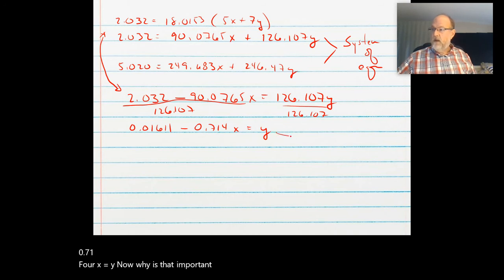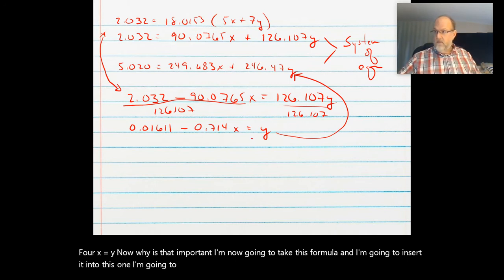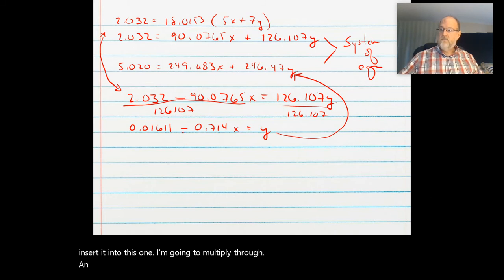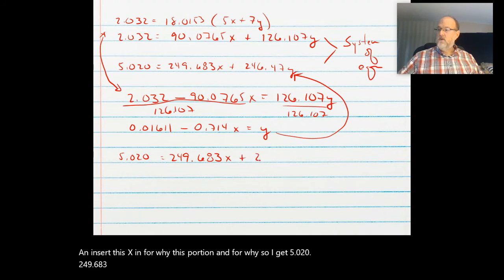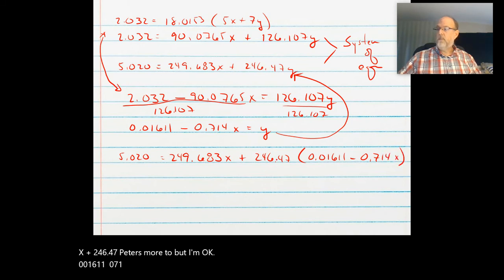I'm now going to take this formula and insert it into this one. I'm going to multiply through and insert this expression in for y. So I get 5.020 equals 249.683x plus 246.47. I think there's more to that, but I'm okay. Times 0.01611 minus 0.714x. I'm going to distribute that across, and I get